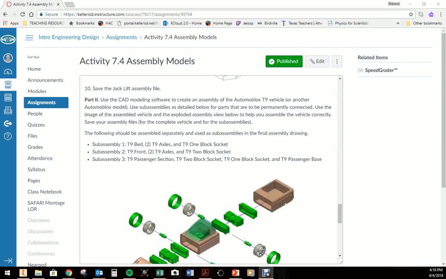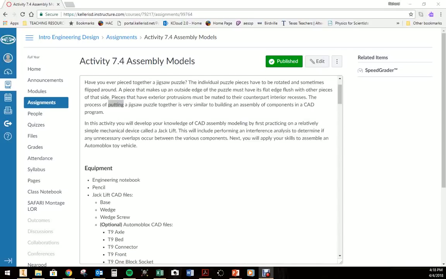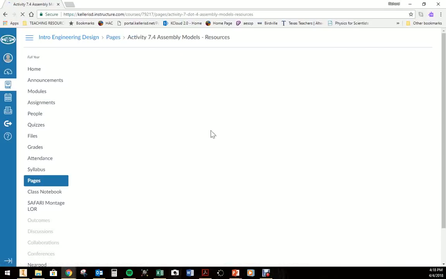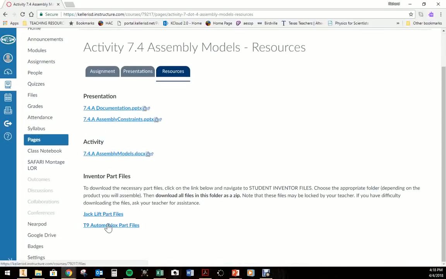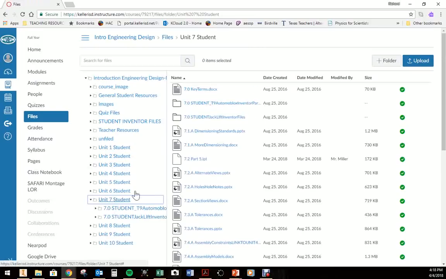Today I'm going to make the 3 sub-assemblies for the Automoblocks parts that we're going to be using for Activity 7.4. I've already downloaded all of the parts that were located in Canvas under the Resources tab. Those can be found in the File section. Again, if you go up to the Resources tab here, unfortunately these files aren't downloading as a file, but if I go here to the T9 Automoblocks part file, in the Unit 7 student folder,